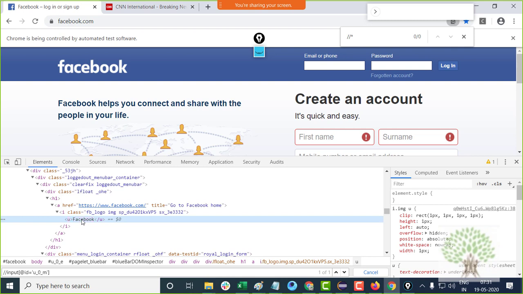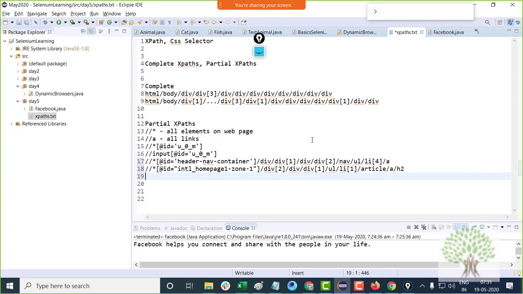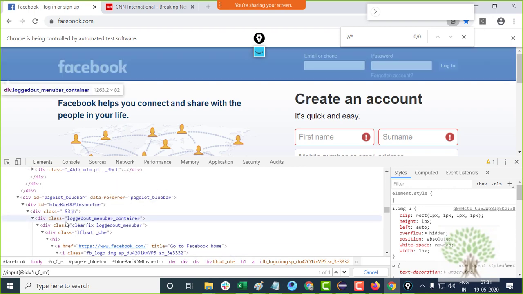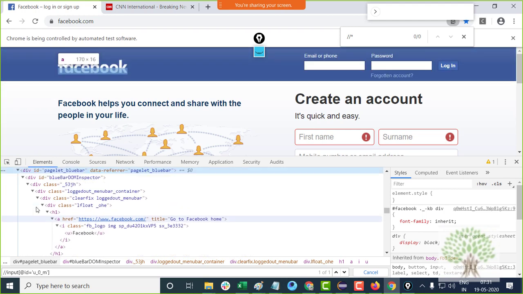Okay. If I right click on this element and I go to copy XPath, partial XPath, what I get is this kind of XPath. Okay, it gives me the XPath from this particular division which has an ID. Okay, but there is a catch over here.